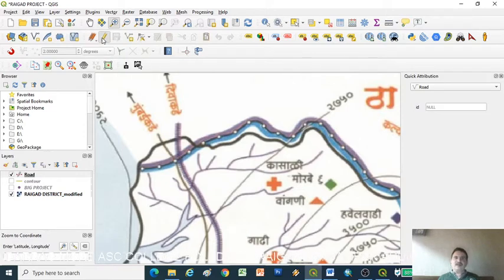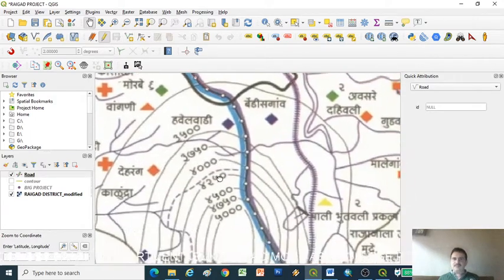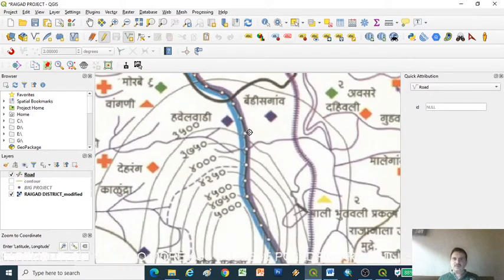Then click on toggle editing, here is the second line, add line features, the cursor will change and start digitalizing. Suppose here is a road, okay, then click on the hand tool, continue the road, there is a small line which can be identified.